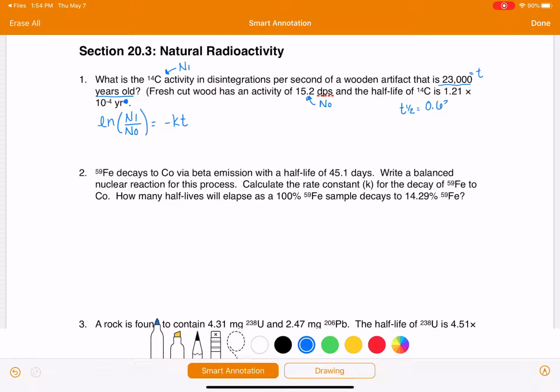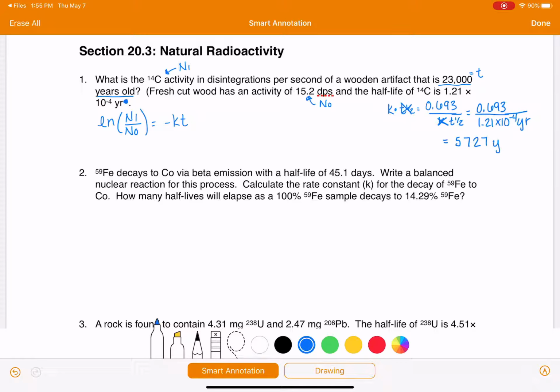So we don't really need to know the half-life. What we need to know is K, and we're going to get K from the half-life. So we're going to use this equation right here, and first thing that we're going to do is multiply both sides by K, so we get that K moved up, and then we're going to divide both sides by T1/2, so we're going to get the T1/2 moved down. And we are going to plug in 0.693 divided by the half-life, 1.21 times 10 to the minus 4 years. And this is